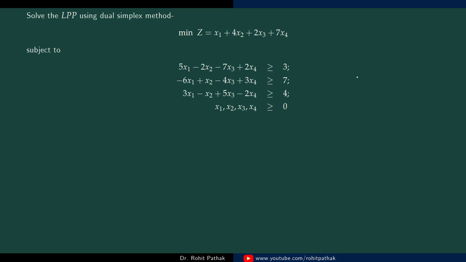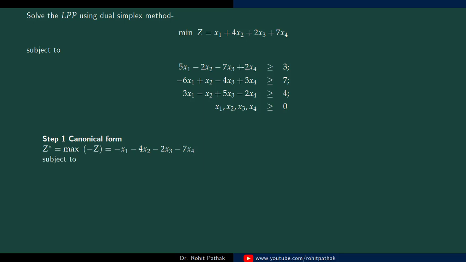First of all, we express this problem in maximization canonical form. The minimization function is converted into a maximization function by taking z star as maximum of minus z. So if we put a negative sign, we get the corresponding maximization function.